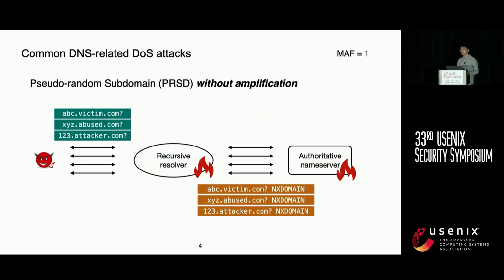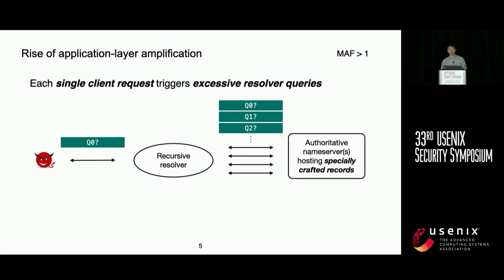Another type of attack is pseudo-random subdomain, and the idea is to send a request that bypasses the cache of a recursive resolver, and results in non-existing domain responses. Depending on the setup, the attack can target a recursive or an authoritative server, but it comes with no amplification in either case. So apart from these common attacks, we have seen the emergence of a new class of